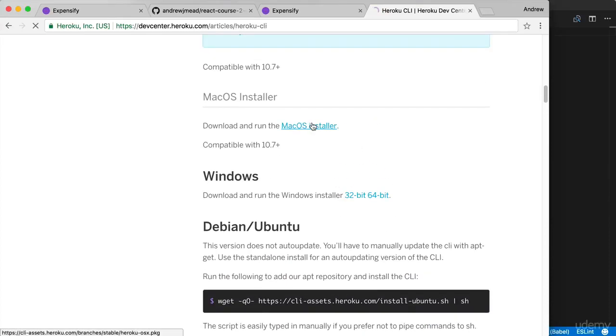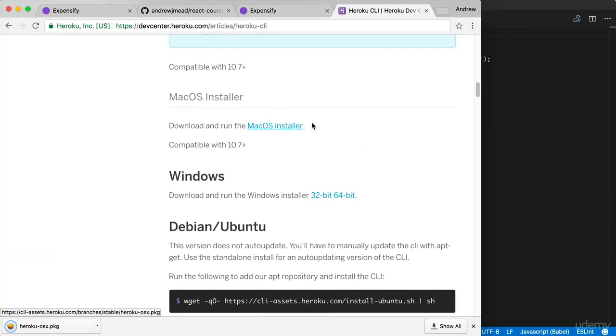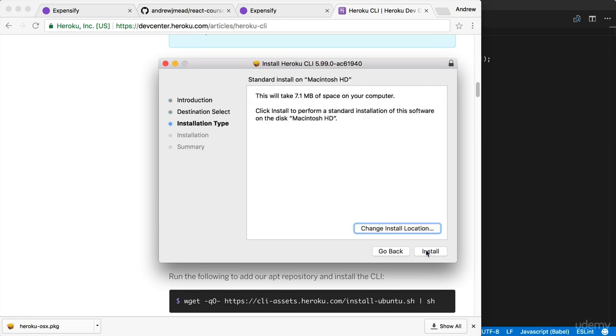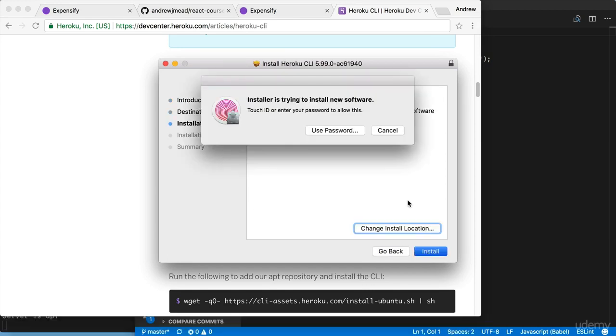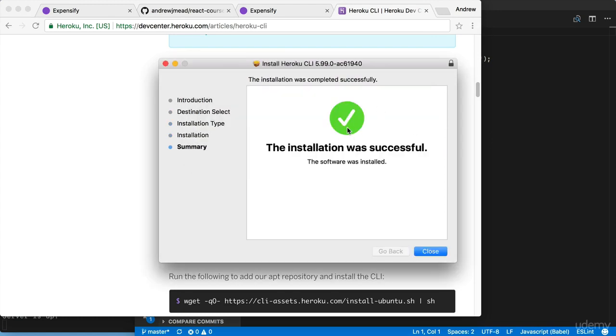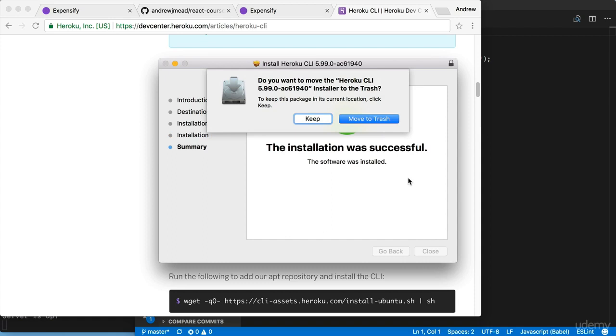I am going to go through the process for the Mac OS installer. So it's just one of those click next installers. All we have to do is move through it with the default values. There is no need to add any customization at this point. We're going to go through the process, authenticating until we get to the end,